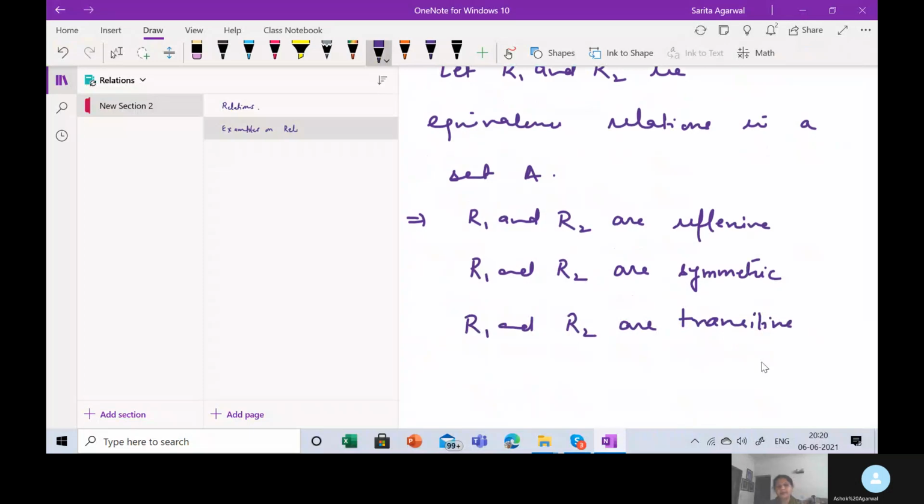Right? This is the meaning of it. Since R1 and R2 are reflexive,